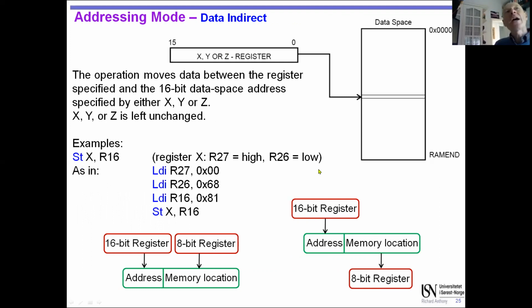Indirect is where we basically say the variable that is in this register, the value in this register, is not the actual place where the data is. It's not actually the actual data. It's the address of a place where the data is. Okay. So in here we have, this is a 16-bit register. In here we have an address, and that is pointing to a place in the memory where